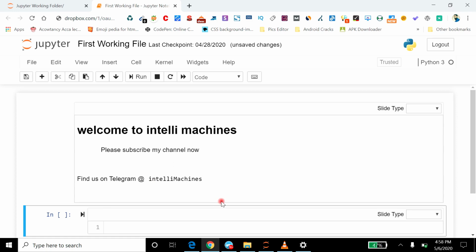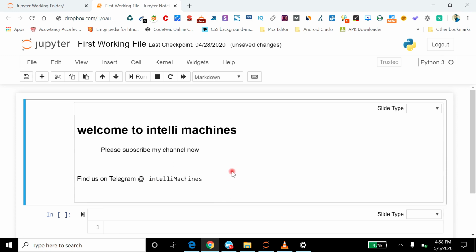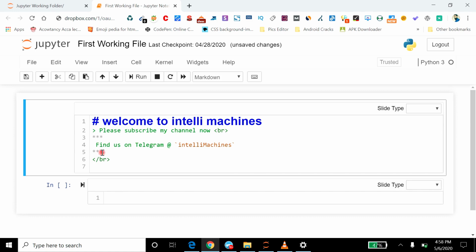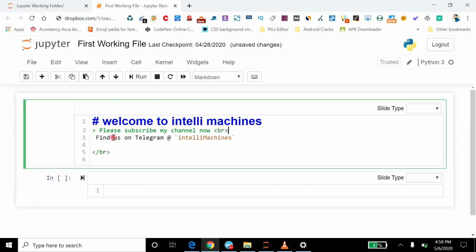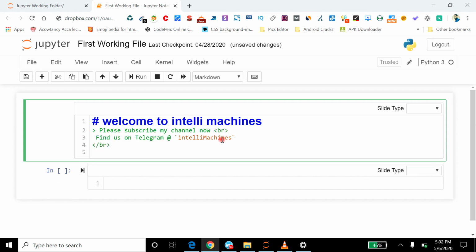Now I am going back into the edit mode, and here I am going to add a hyperlink. Here I want to convert this text into a hyperlink, and I will link it with my Facebook page.